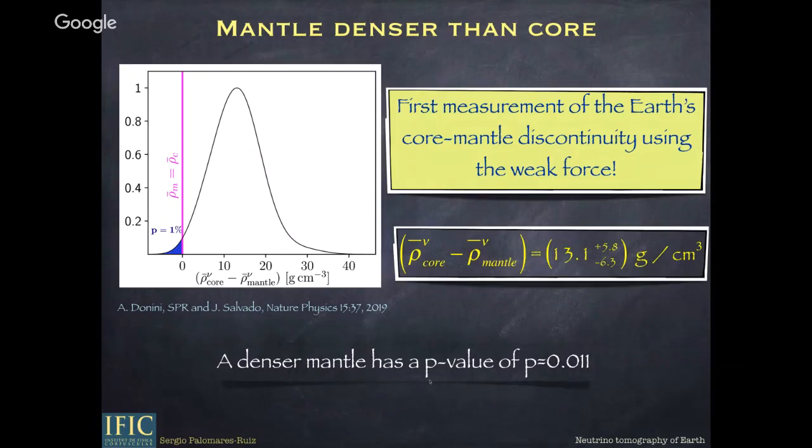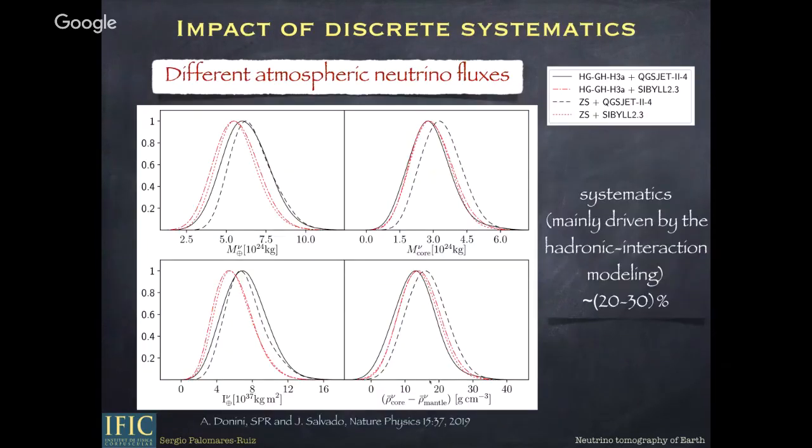What else? So I told you that all these measurements that I mentioned include all these nuisance parameters that I mentioned before, but also we studied the impact of discrete systematics, like for instance the study of different atmospheric neutrino fluxes. And in these panels, I'm showing you the Earth mass, the mass of the core, the moment of inertia, and this difference of the average density in the core and in the mantle. And different colors here represent different hadronic interaction models. And as you can see, the systematics